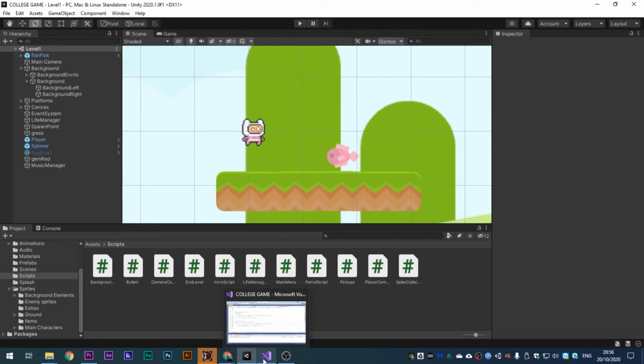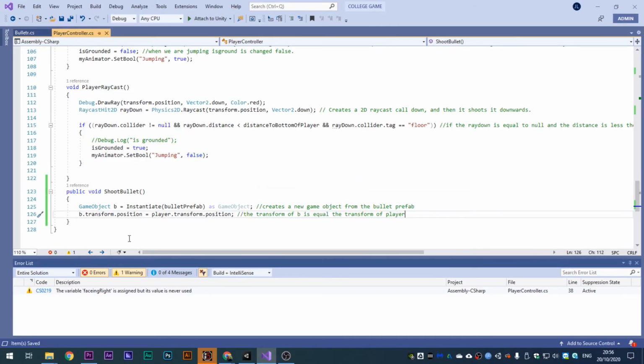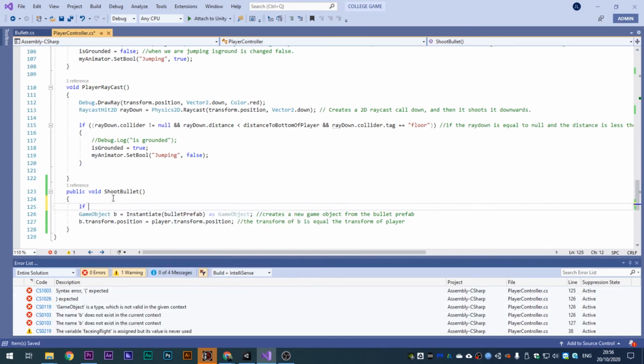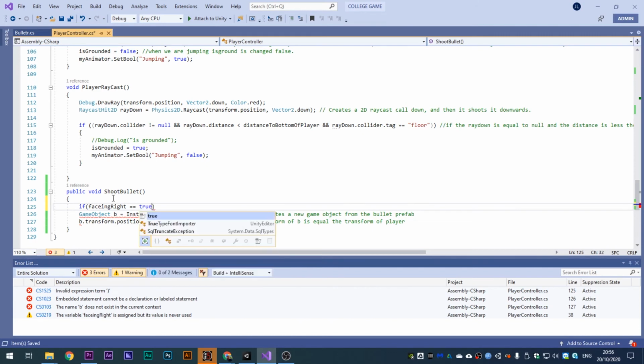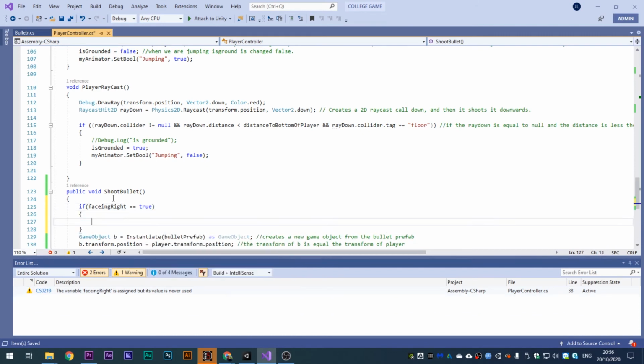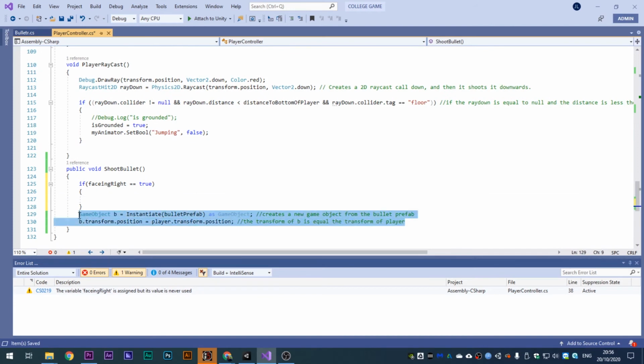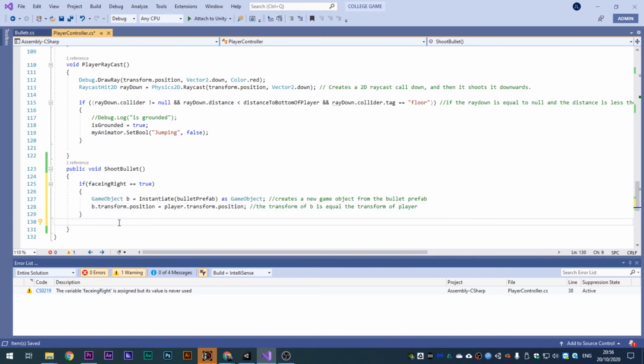So head back to your player controller script, and where you've got your shoot bullet function, you need to say if. Now this only works if you are flipping your player left or right. So if you have the boolean saying is facing right, this will work. If you don't, then you will need to create that to get this function to work. So here we're saying if facing right is equal to true, open close curly brackets, and then we simply copy this little script here and place it in there,